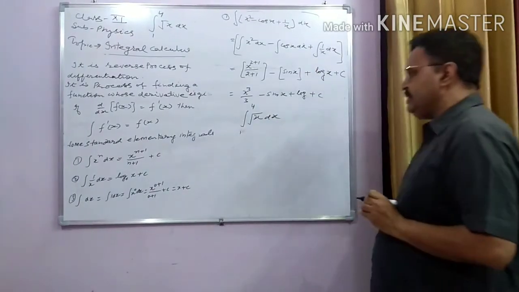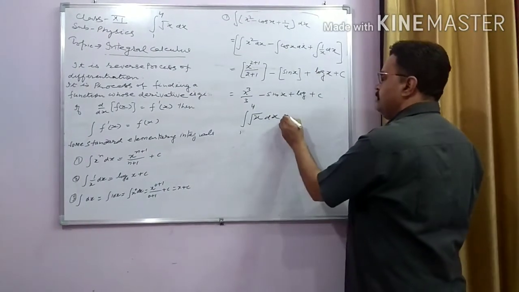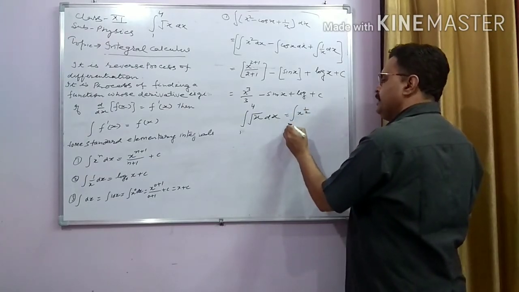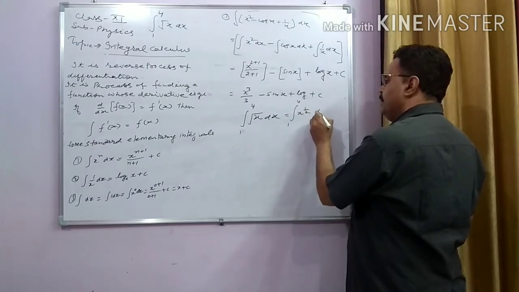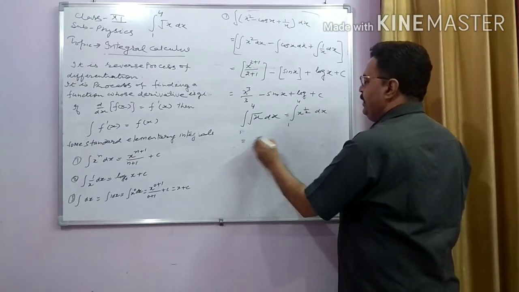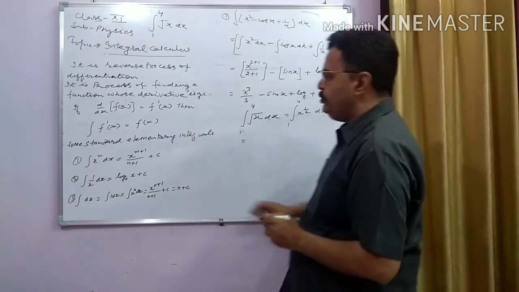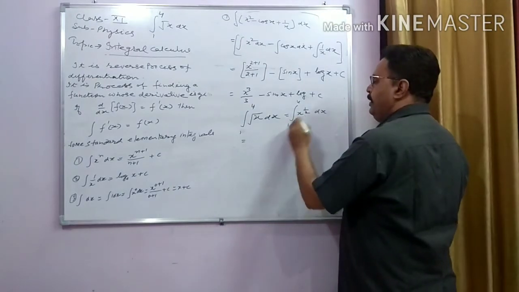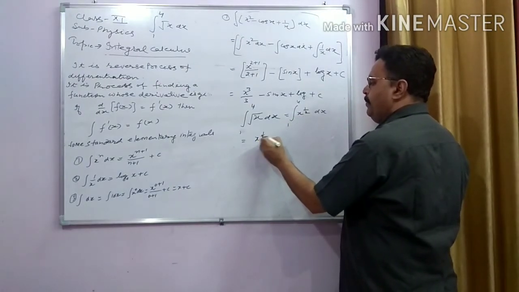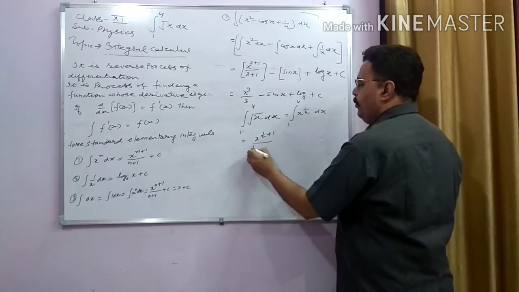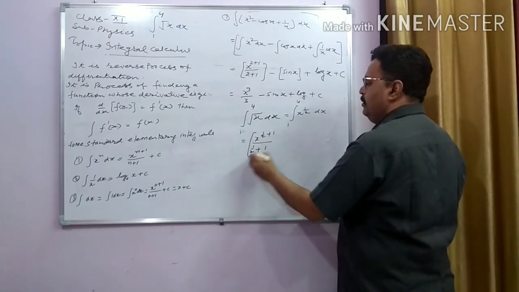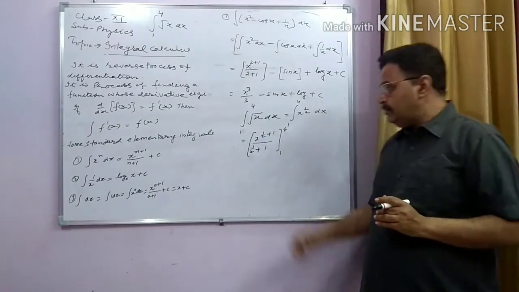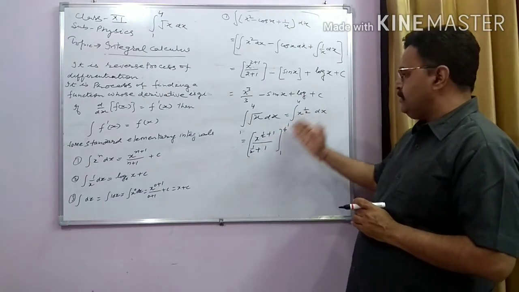And how to integrate this expression? So we can write this as x raised to power half, integration 1 to 4, this is the limit, dx. Now we integrate this x raised to power half again by using the pattern x raised to power n. So to integrate this, x raised to power half plus 1 upon half plus 1, and we put here the limit, lower limit to upper limit. In this way we can integrate this term.